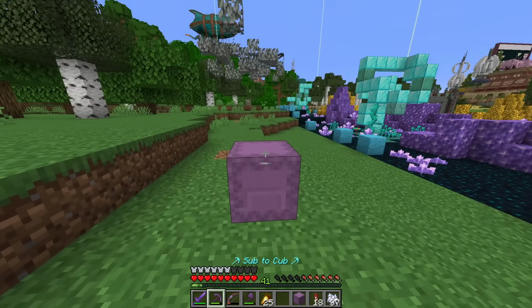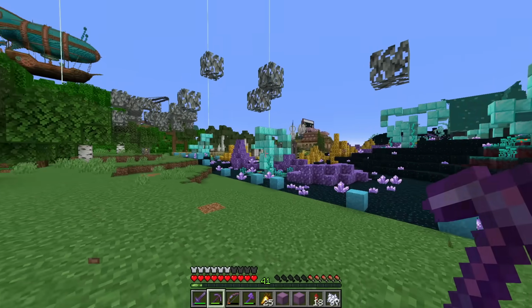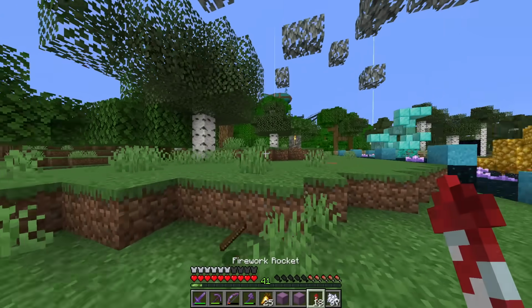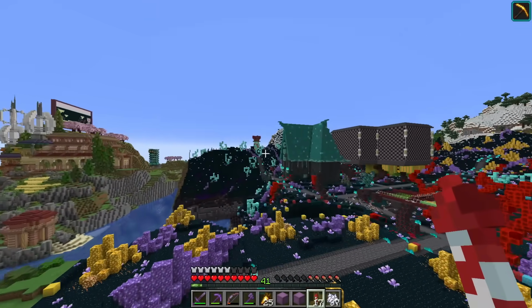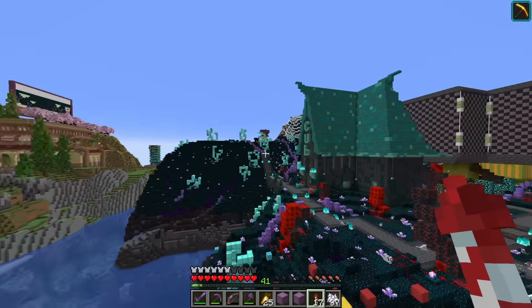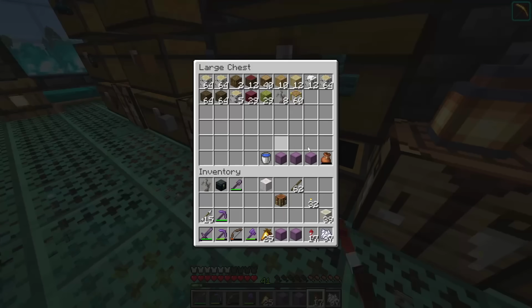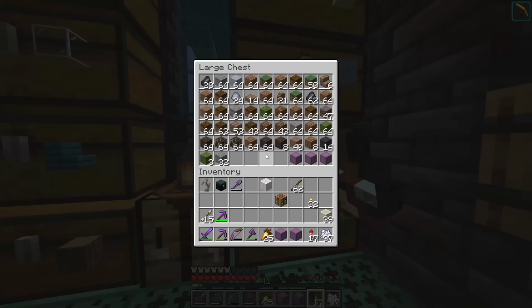However, we do want to get a couple more things up and running. So I think what we're going to do is head back to the base and set up a small pale oak moss farm, just because we're going to need some of that around the area for a little bit of decoration. And I think we're almost out, if I'm not mistaken. In fact, we might have...